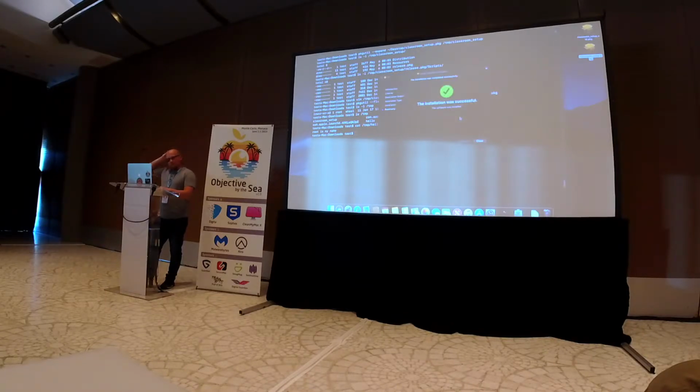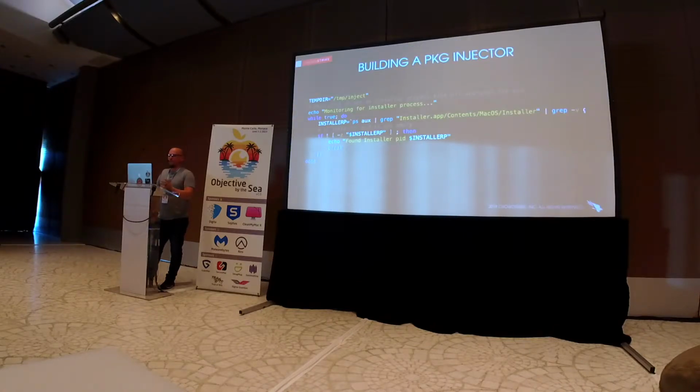So this was a neat bug. And I decided, let's take this. It's kind of minor, but let's take it and weaponize it anyway. Let's turn it into something fun. So this is just a really hacky bash script that's going to be really noisy, but it's just a proof of concept, right? But essentially our goal is, can we modify a PKG in real time as a user tries